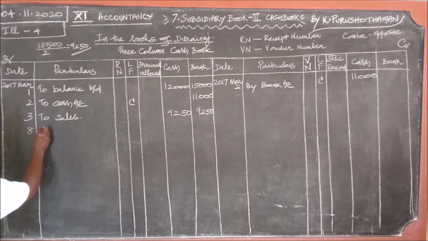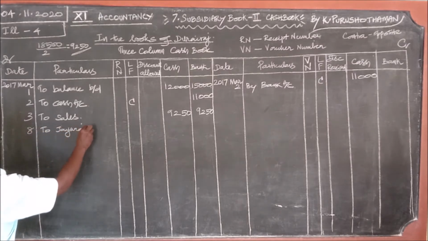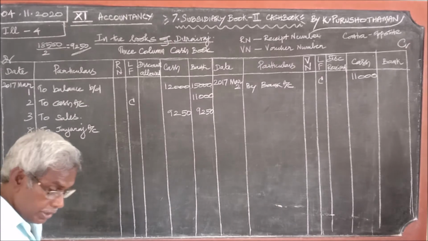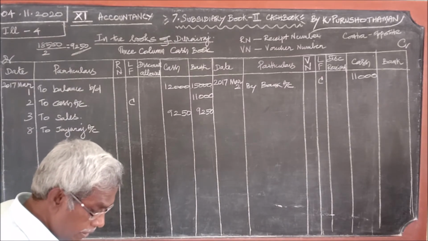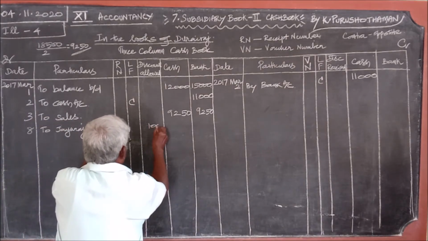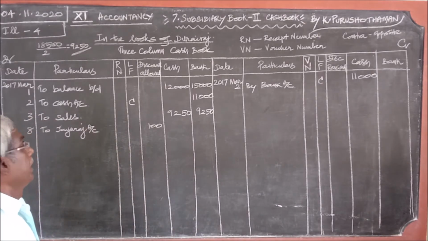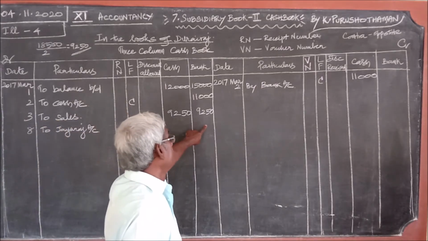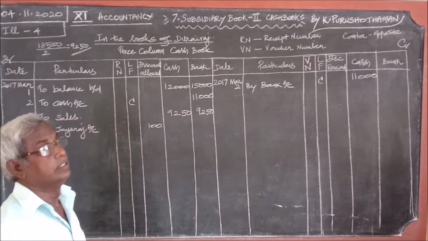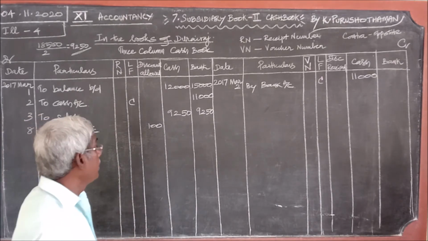So on the 8th we receive a check to Jayaraj's account. How much check amount is received? 6,900 check is received in full settlement of 7,000. So what happened to this 100? 100 is the discount. Now where should we write the check amount 6,900? Here only we should write. Just now I said, when we receive a check, we should treat it as if we are receiving cash.